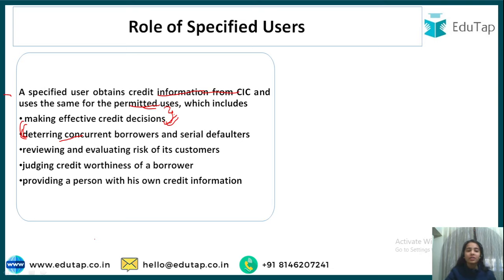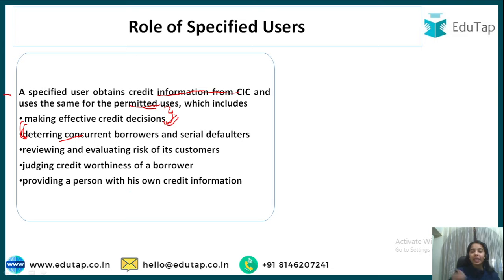The creditworthiness, we can say, judging the creditworthiness of the borrower, that we should give this credit to this borrower or not. Providing a person also, through the banks and the financial institutions, the credit information, that where his standing is. Okay, is he a very good credit, will all the banks be giving the credit to him later on or not. So providing a person with his own credit information, so that the person also knows where he is